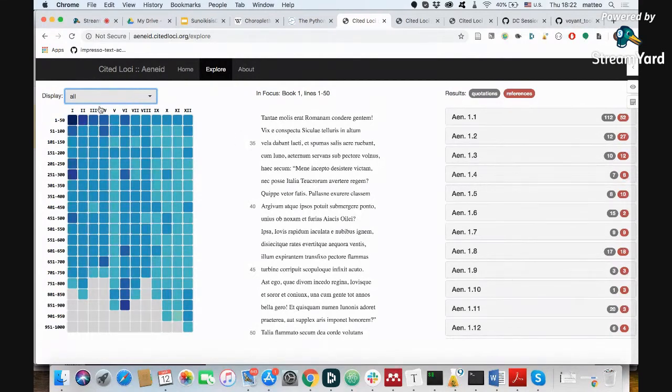So the first cell in the first column is lines 1 to 50, then 51 to 100, and so on. And the gray cells mean the absence of data. In this case, the fourth book is shorter than 750 lines. That's why the other cells remain gray. So